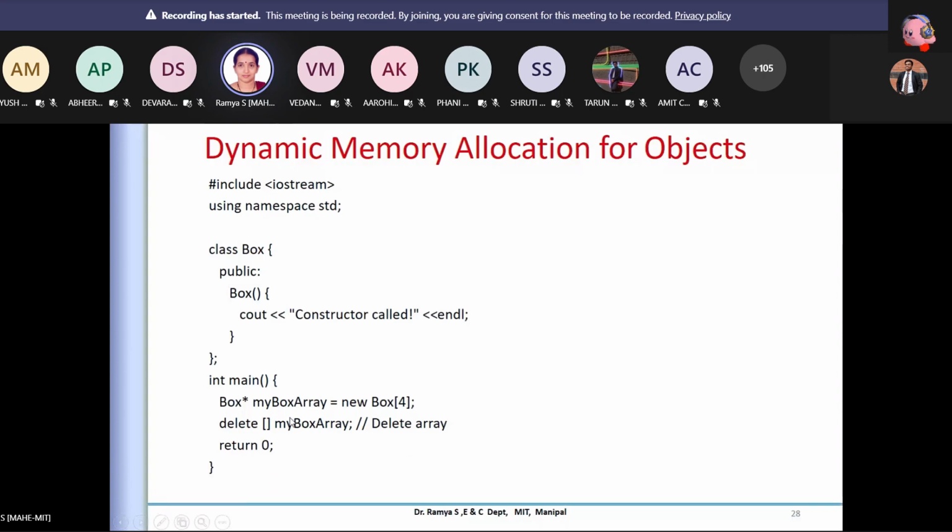Whenever I return 0 and come out of this program, your destructor will be called. Usually the destructor is called and releases those memories when we have not used new, so the array values will be removed. But since I have used new here and created the array, whenever the destructor is called, this particular array is not released.